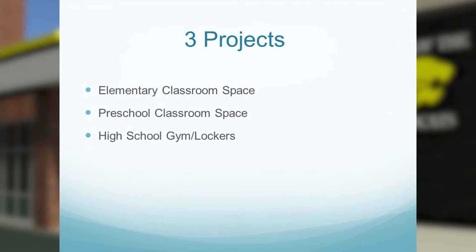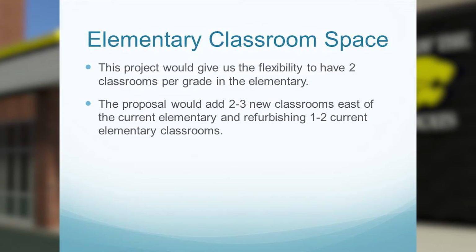There are 3 components to this project, and Modern will talk about this in more detail here shortly. But there is an elementary classroom space project, a preschool classroom space project, and a high school gym locker space concern. The elementary classroom space addition would give us the ability to have 2 sections in the elementary at each